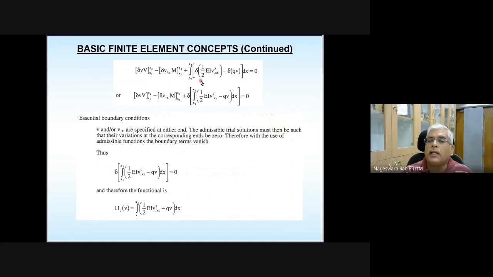And this first equation is looking like a variation of V plus variation of U, or variation of U plus variation of V. So it can be written as variation of U plus V. So that is what is done here. And also variation symbol and integration symbol are interchangeable. So the variation symbol is taken out of the integral.